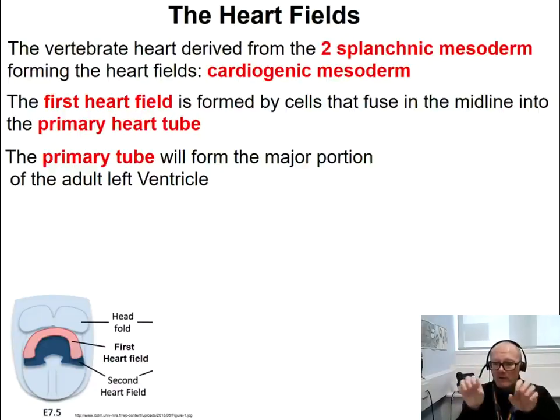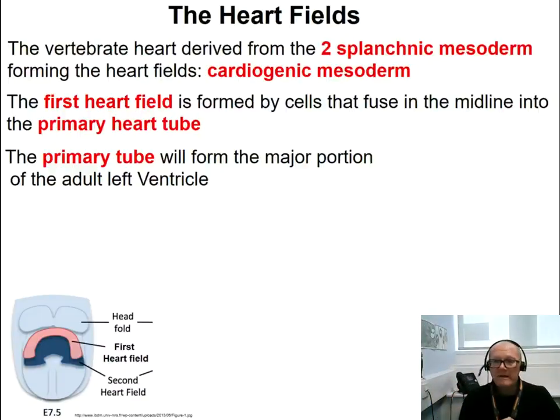And they form a primitive tube, which reminds us of the primitive heart, or the heart of a tunicate. So the cells of the primitive tube of the first heart field